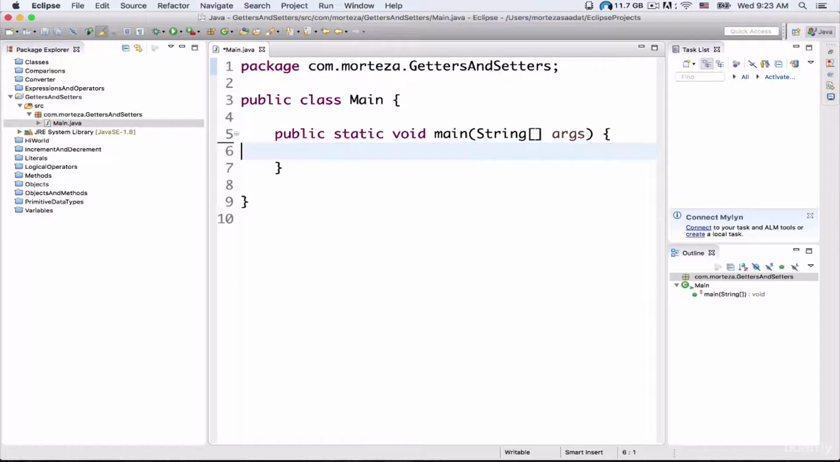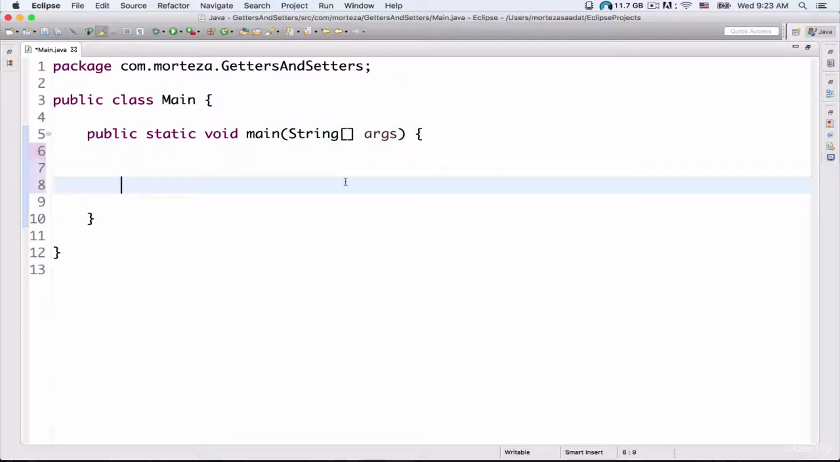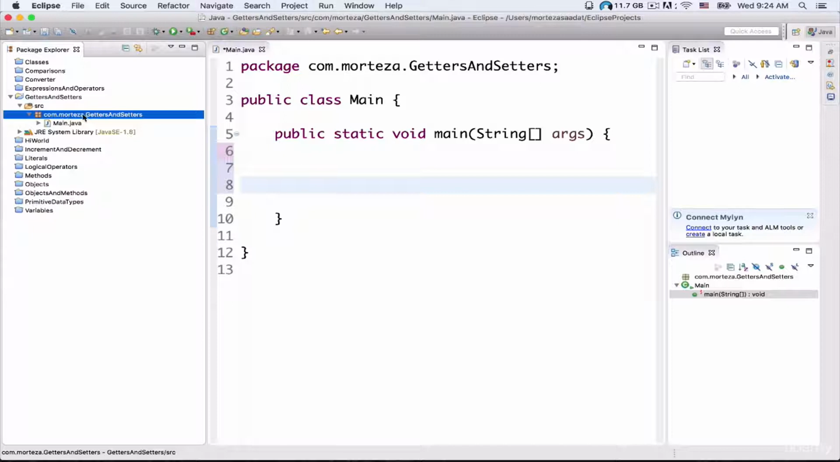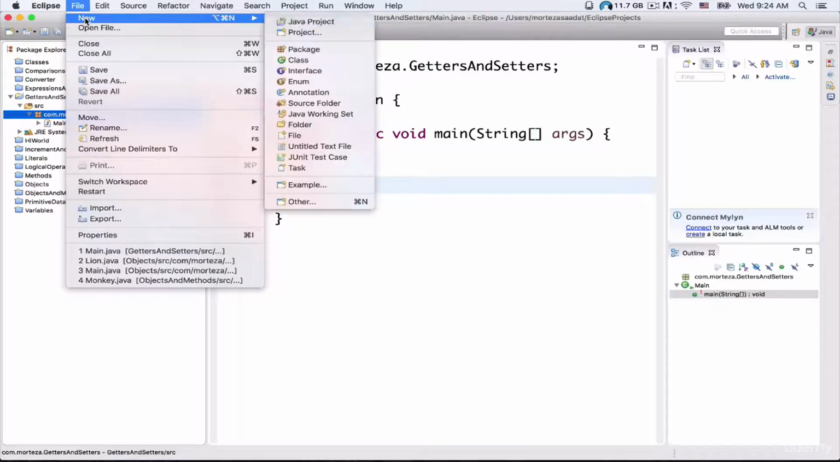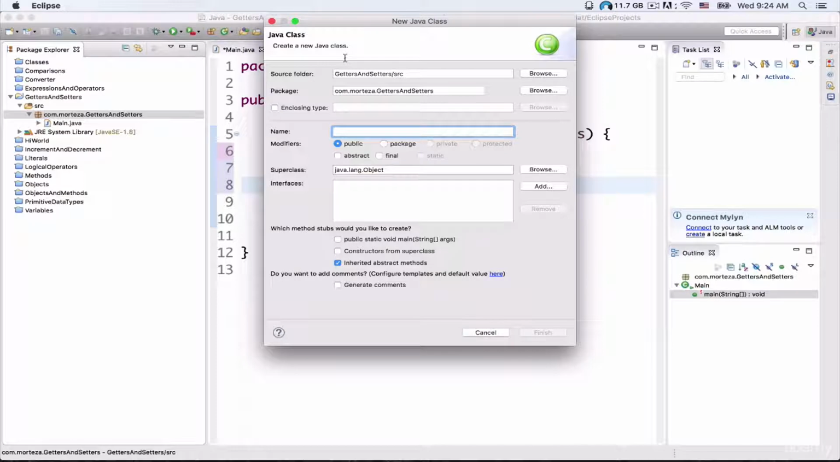And then let me delete this comment, and then let me make this area wider, okay? So now we can write our codes here. Now I want to create a blueprint in order to show me how I can exactly create dog objects, okay? So I need to create a class called dog, okay? In order to create a class, I just need to click on this package here, and then click on File, New, and then click on Class, okay? So the name of our class is dog,